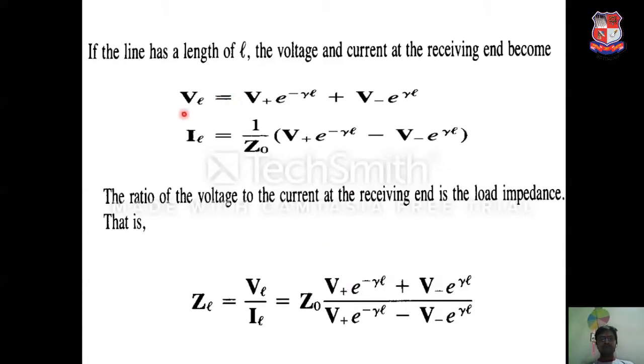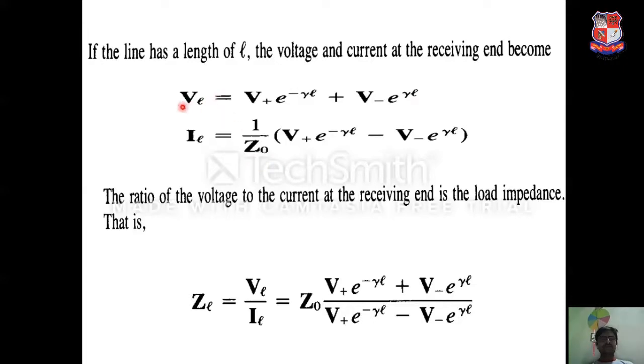Now if we consider the value of voltage on a line, as we discussed in our last lecture, as we are dealing with high frequency, the values of voltage and current will change at different points on the transmission line, unlike the low frequency transmission line signal. So VL is equal to V plus into e raised to minus gamma L plus V minus into e raised to plus gamma L. In the same way I can rewrite the same equation for the current IL, simply by dividing by Z0.